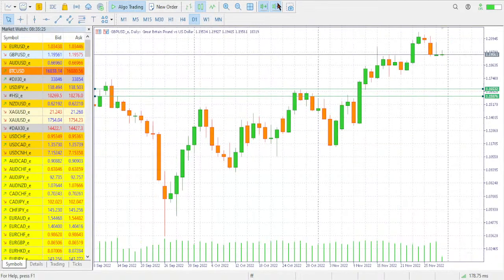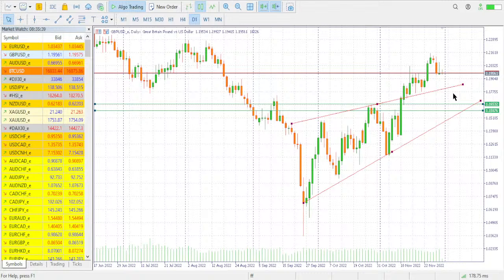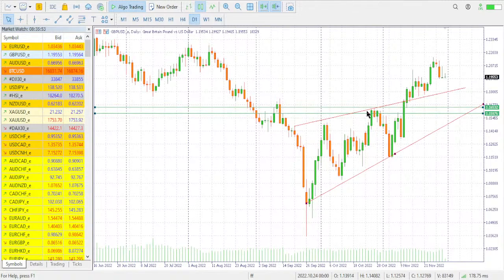So on the daily chart, let's see what we expect. On the daily chart, there is nothing much except for a shape which we had previously. So we had that, and then we had that, so we have like a resistance. We have a resistance, there is a break above, we have a support, and we expect some support around this